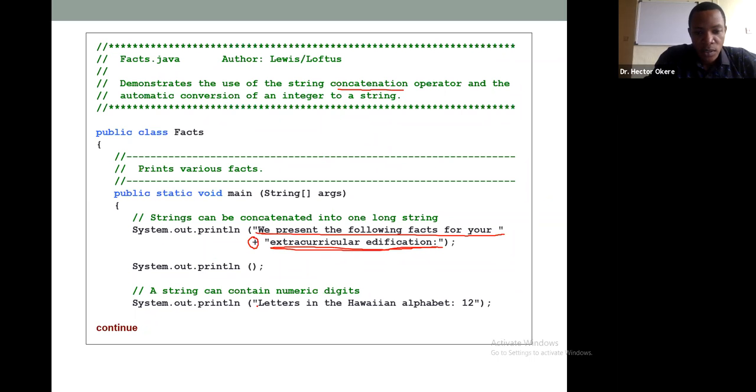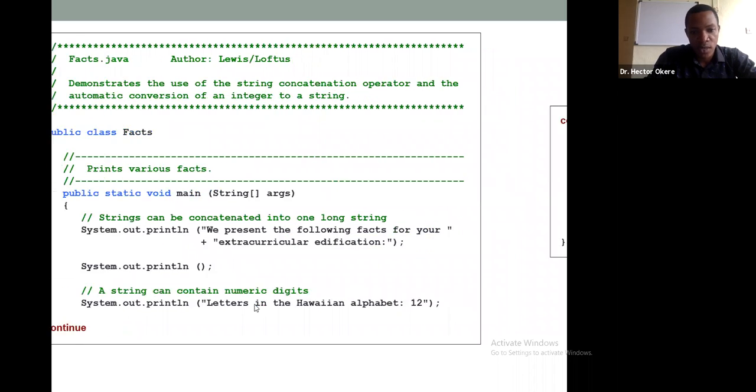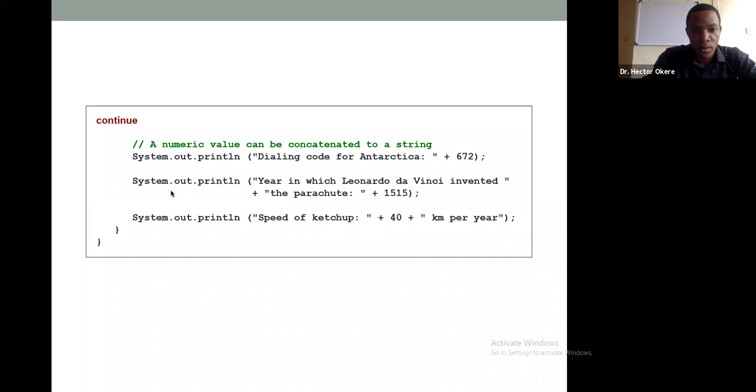Now, let's look at another example. System.out.println, dialing code, plus 672. So is this concatenation or calculation? Another question for you. Just give me an answer. What do you think? Obviously, concatenation, right? So it will just write dialing code,